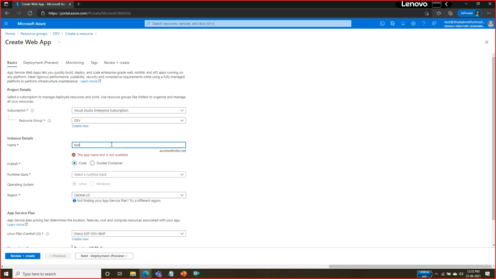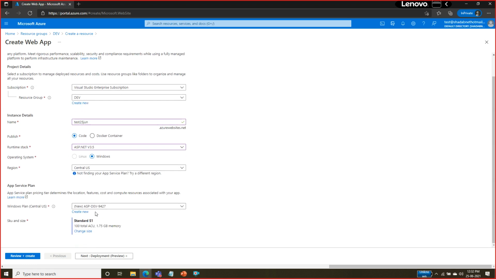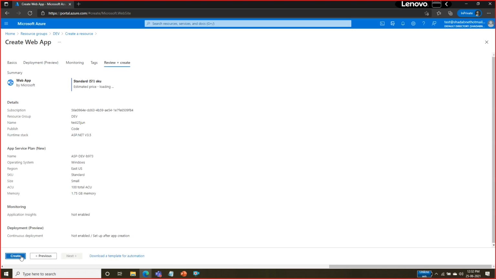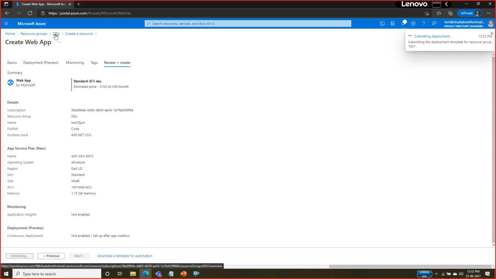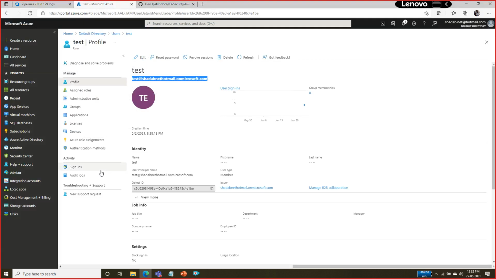So I'm creating test 25th June. I'm creating a simple web app. That's fine. No changes in that. I'll just hit review and create, and that should be done here. So it's initializing a deployment, and the deployment will be done by this user. Okay, so this user only has access to the development, and that's how you'll be able to control your environment. That's what is called role based access control. What kind of role you are going to assign to this developer to work on that particular application. Okay, so the deployment is in process and will be done in some time. I'm just closing it, it will be done in the background.